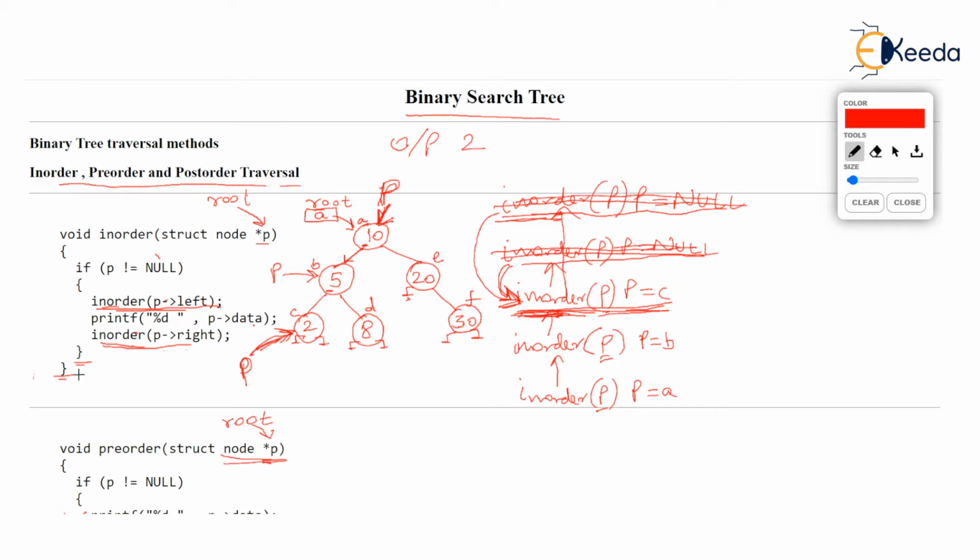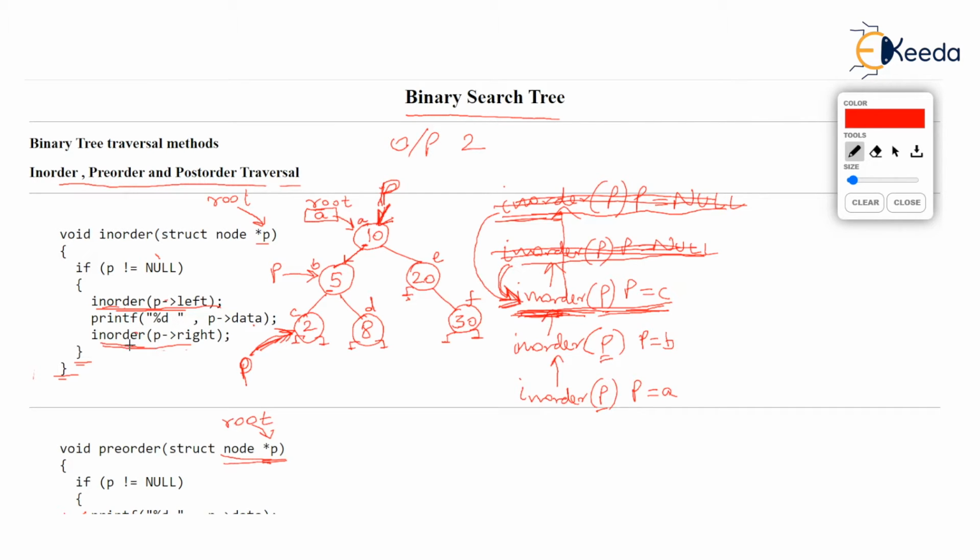So we are back in inorder p where p is at c. I hope you are getting it. Now, when we are back in this function, what happens then? Which line resumes? Yes, exactly. The close brace here resumes. Because last time when inorder at 2 was running, it went out from here, isn't it?